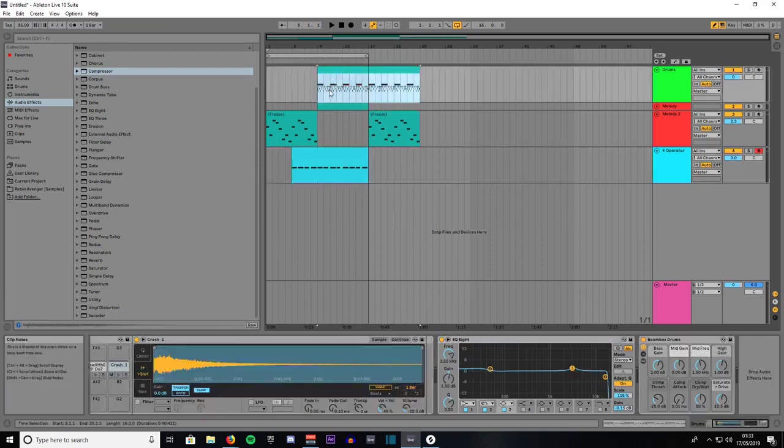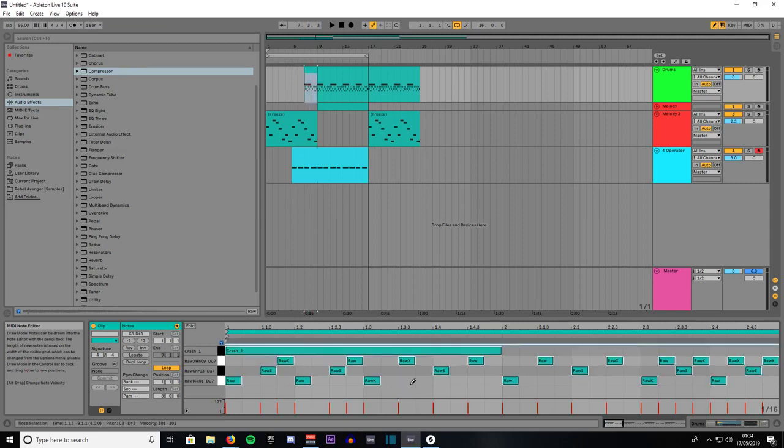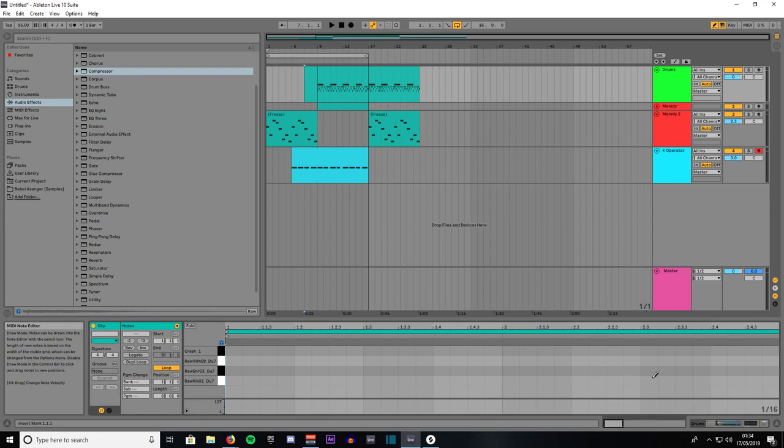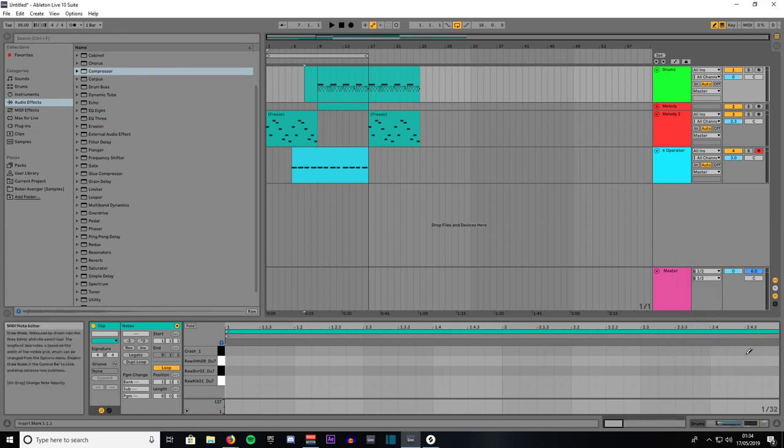Then you can highlight 2 bars of these, drag out two like that, hold Control, drag it out so you copy it, and make sure it's highlighted. Come down here, focus the track by clicking anywhere on space, press Control and A, then delete that, and then right click, go to 1/32 note, and where it says kick, come down here and put a